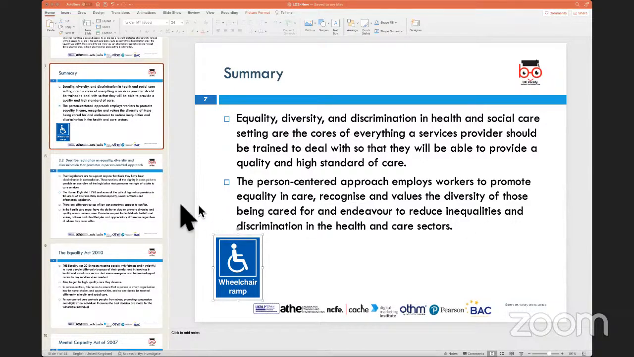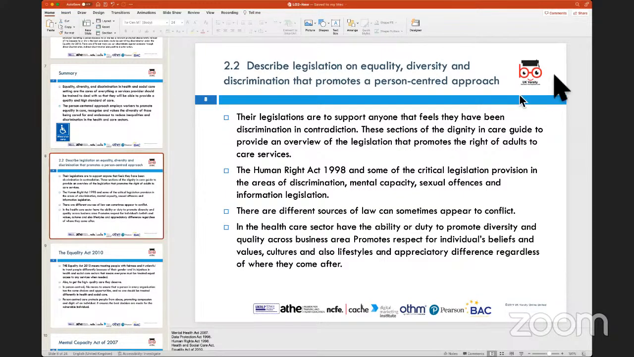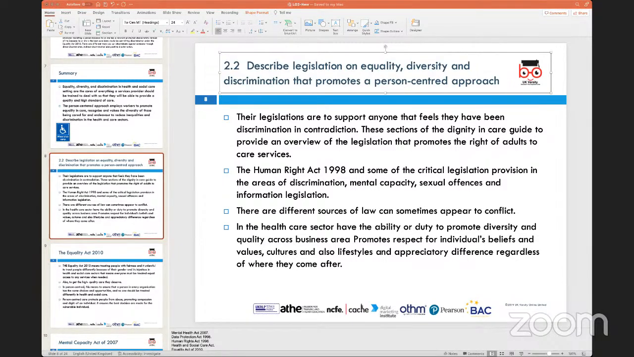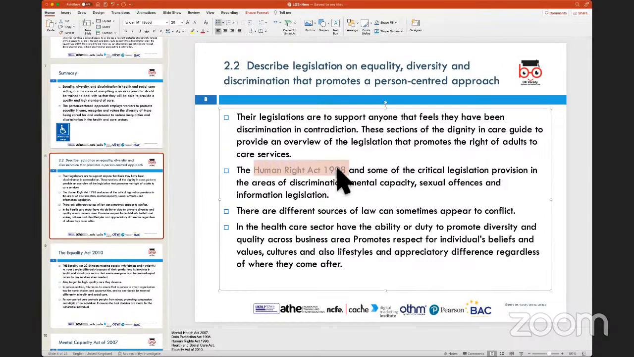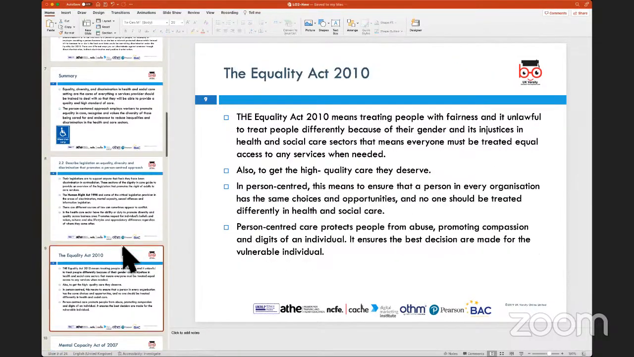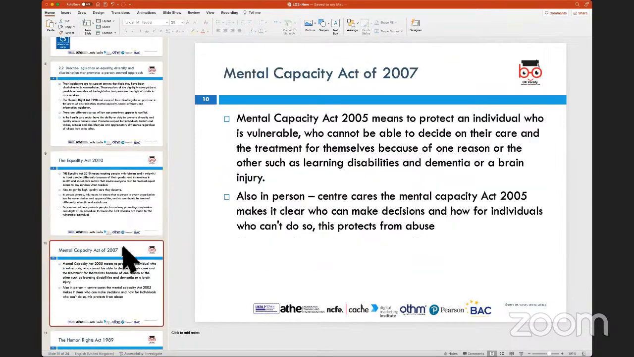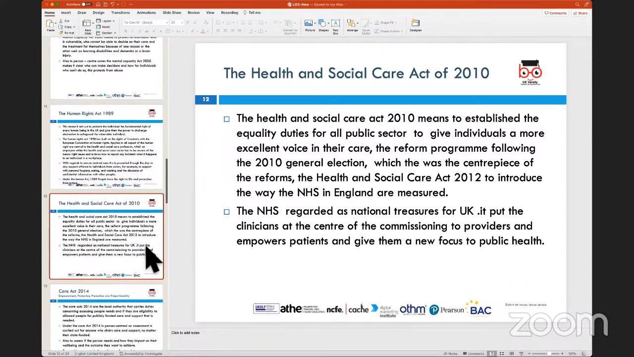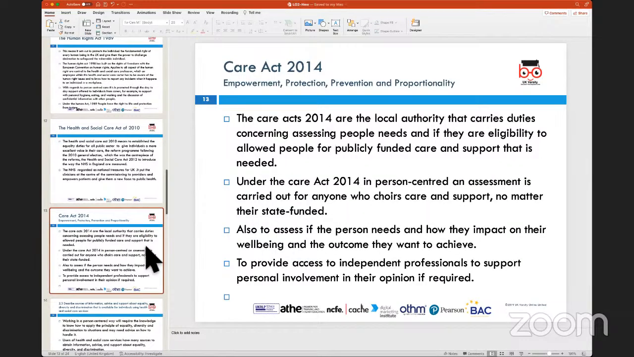Now, going further, we are looking at the key legislation involved in the delivery of person-centered approach or person-centered care. And when we look at this in particular, we are going to be considering a number of acts that we need to be aware of. And these acts would include the Human Rights Act of 1998. We'll be looking at the Equality Act of 2010, Mental Capacity Act of 2005, amended in 2007. We will also look at the Health and Social Care Act of 2010, the Care Act of 2014,